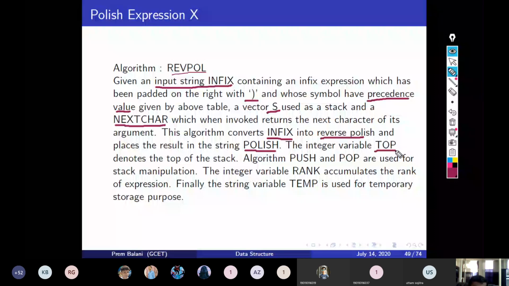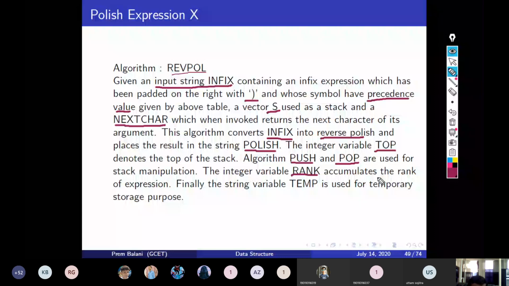will accumulate the value which shows us whether the expression which is being generated is valid or not. And there is one temporary variable to hold the value which comes from the stack.